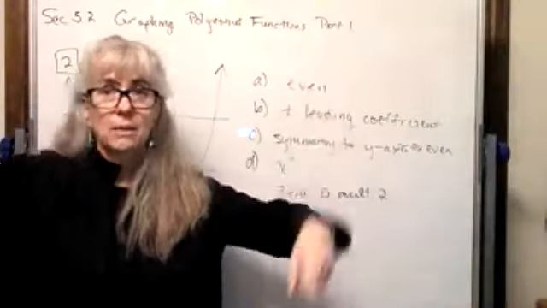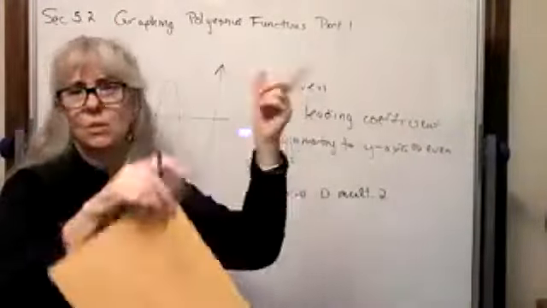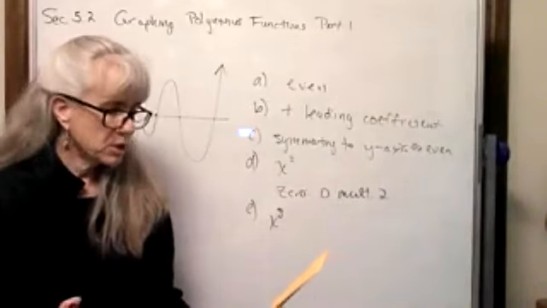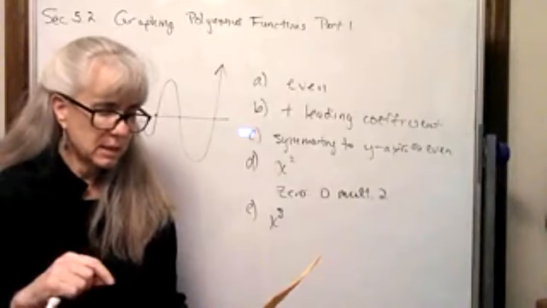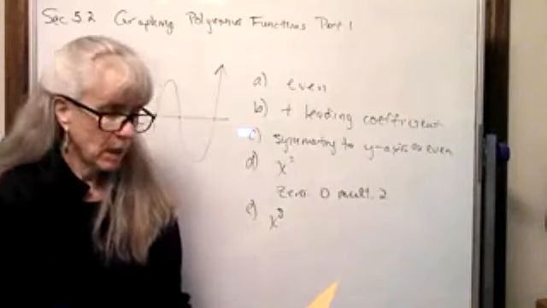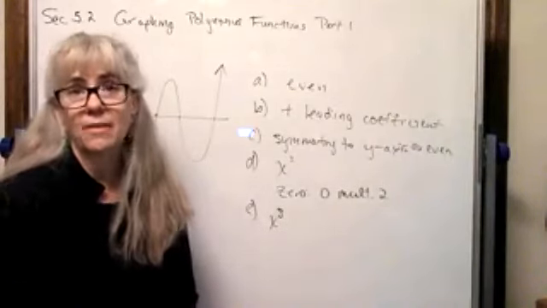Where does it start and stop? Is it doing this? Sorry, is it doing this? Is it doing this? Step 2: determine the intercepts, both the x and y. We're going to determine the real zeros, which are those x-intercepts, and their multiplicities, and that will tell me whether the graph is going to cross or bounce at those x-intercepts. We're going to look at the number of turning points, then we'll pull everything together in step 5 and draw the graph. And we'll do that in the next